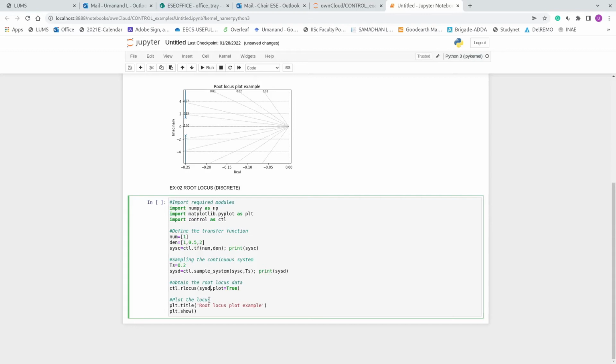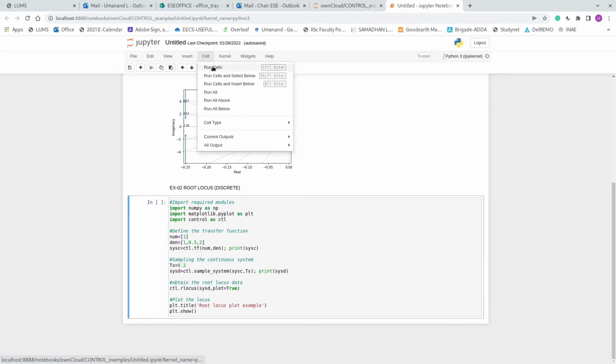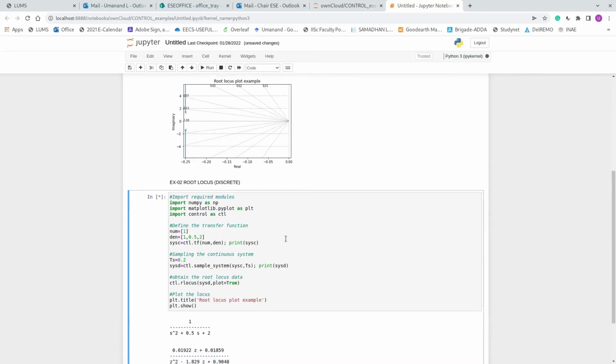Likewise for the Z plane, as we have seen earlier, the unit circle is the boundary. Everything within the unit circle is stable and everything outside the unit circle is unstable. So let us see what this particular plot does. Let us run this. I will run the cell.